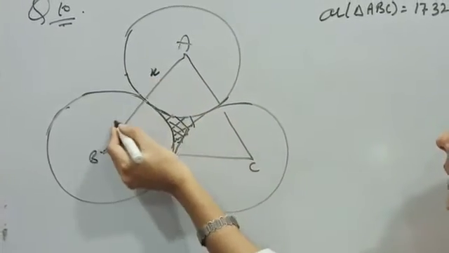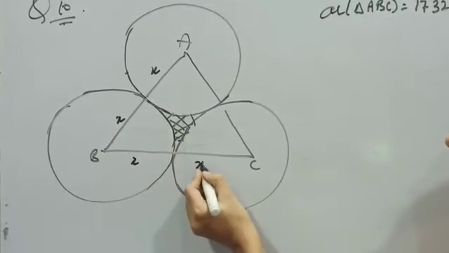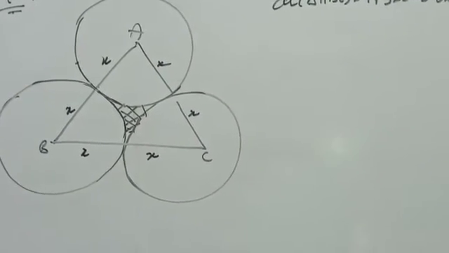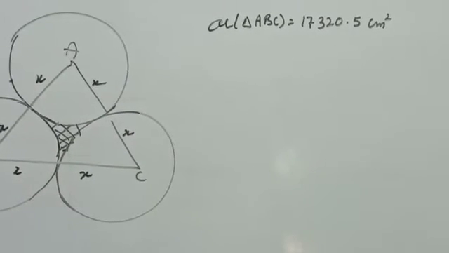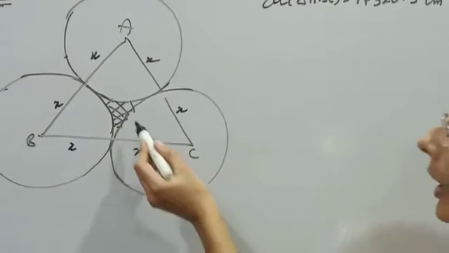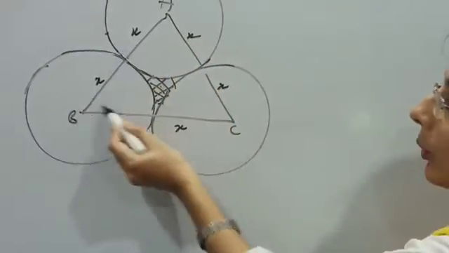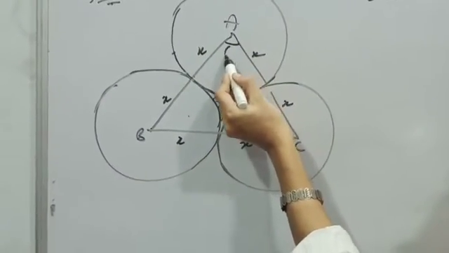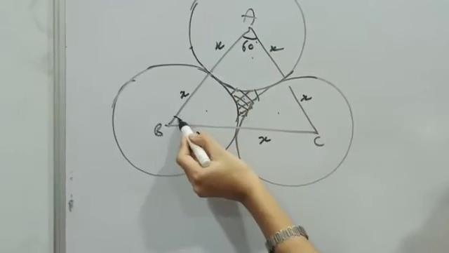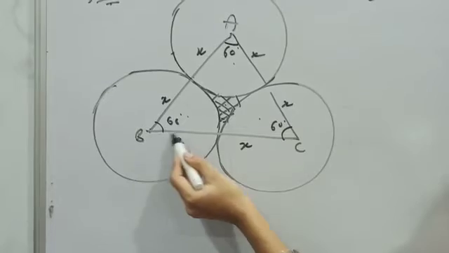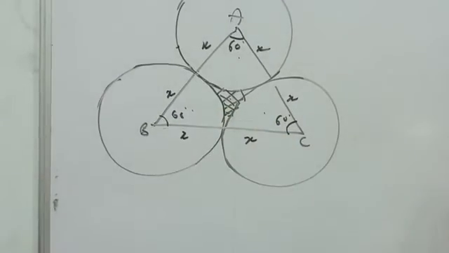If we suppose here x and x, these radii are equal to each other, half of the length of the side of the triangle. Then they are saying find out the shaded region area. The shaded part is the triangular part, this one. From the triangle, if we remove each sector area, as already we know that it is the equilateral triangle, so each angle is 60 degree. So all angles will be equal because all radii are also same.